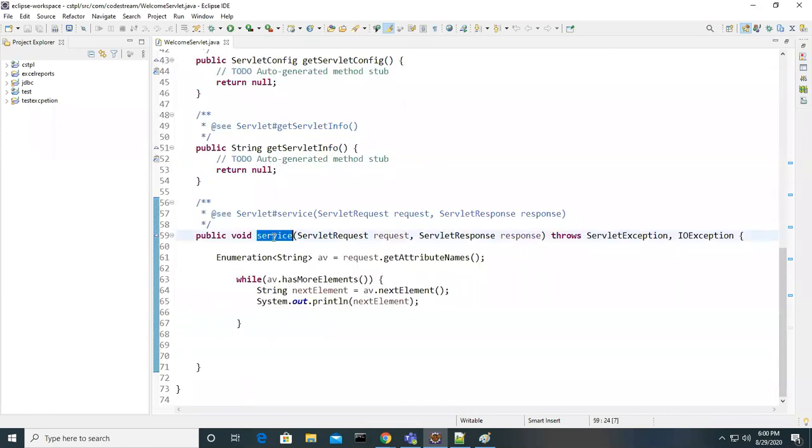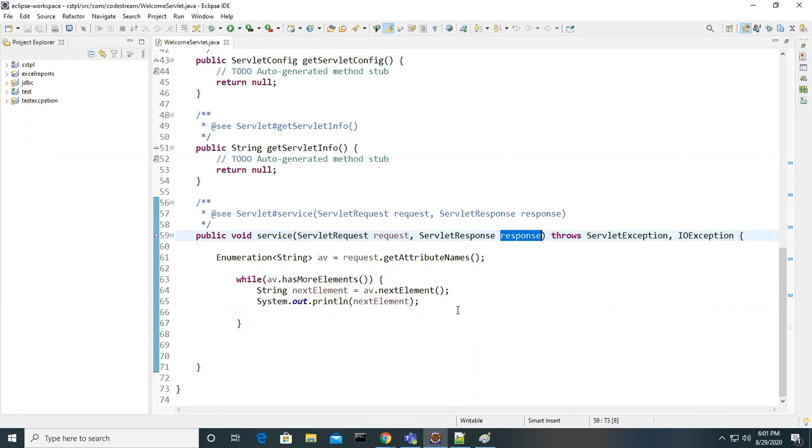Before calling the service method, we already know that as soon as we get the request from the client, the server first creates the request and response objects.